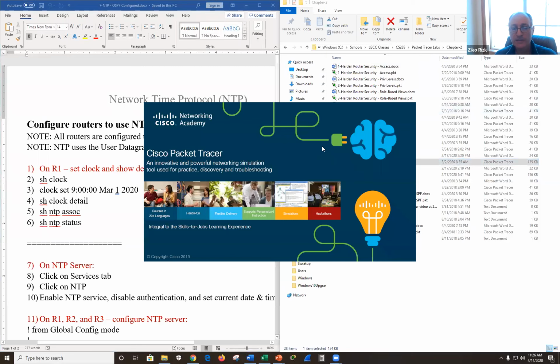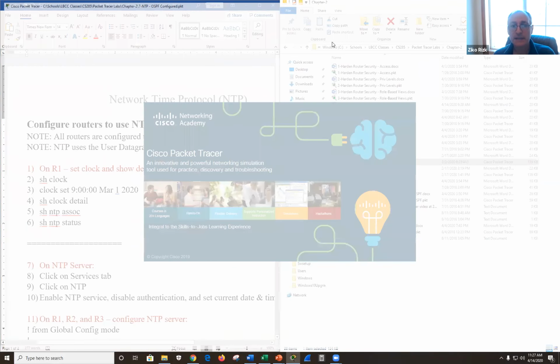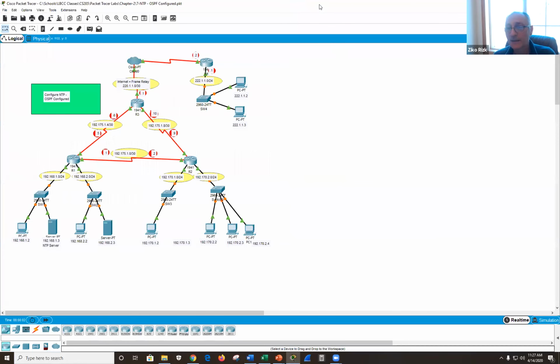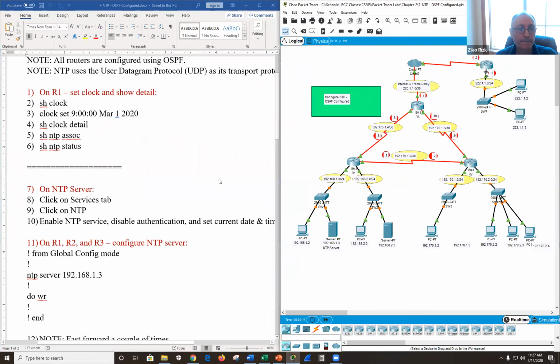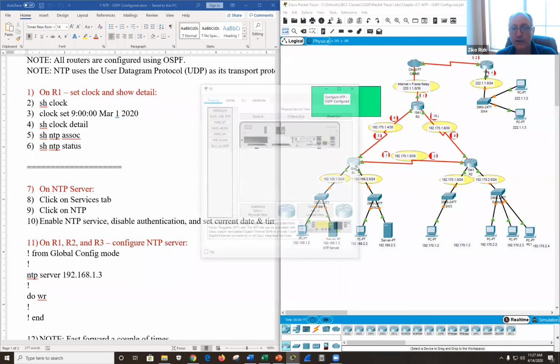And this is almost exactly the same exercise I did in 152. Actually, it is, because you can see we have a different topology. This is the same exact exercise I did in 152. So we have all these routers, all these devices, and we want to synchronize them. So I'm going to go to R1.